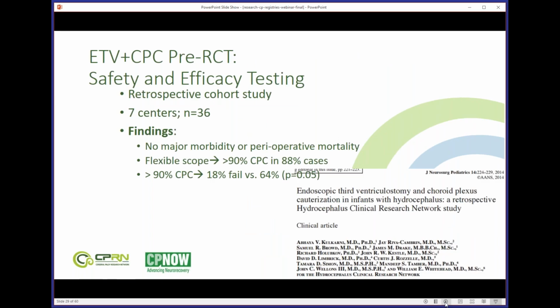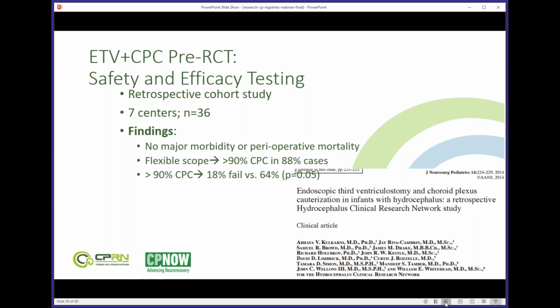Next slide. And this is just one example. This is a third ventriculostomy and choroid plexus coagulation. It's a very new procedure that was done extensively in Africa, but we wanted to see if we could bring it to North America safely. And again, this is a pilot, so safety and efficacy, 7 centers, just 36 patients. Is this thing doable and is it safe? And we proved that it was safe, and it looked successful in North America,